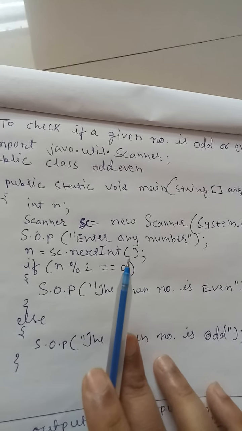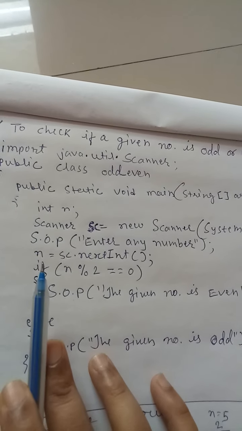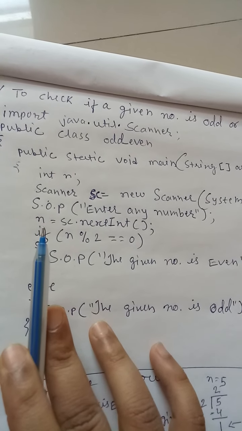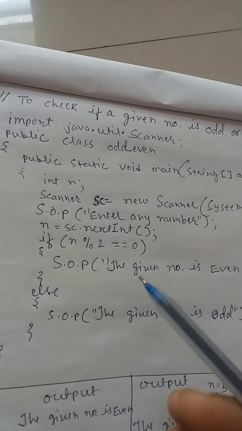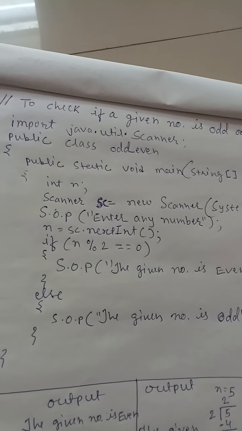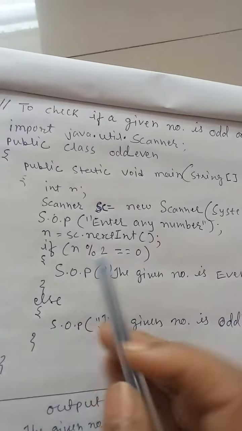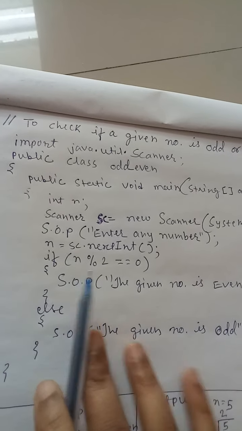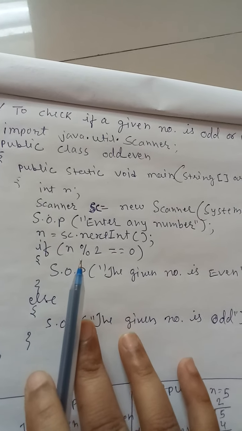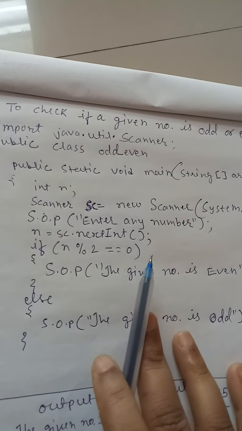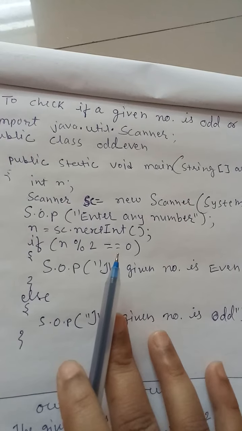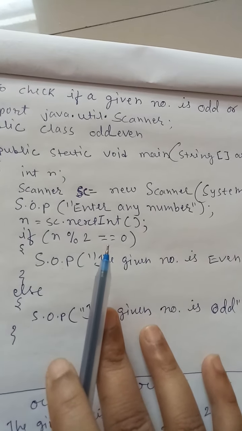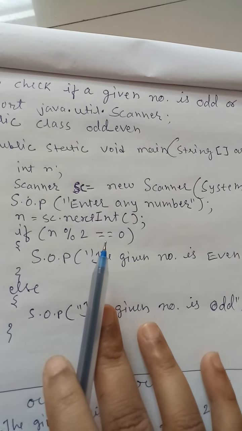Okay, so once we get the value in n, now we will apply our logic. As I told you, here I am using a conditional statement. So my conditional statement is if else. Here I am also giving you an example of the if else. First I will take the value in n which the user has entered. Then I will check whether n modulus 2 is 0 or not. Here I have used double equals, which means it is a comparison operator. I have already taught you all kinds of operators.